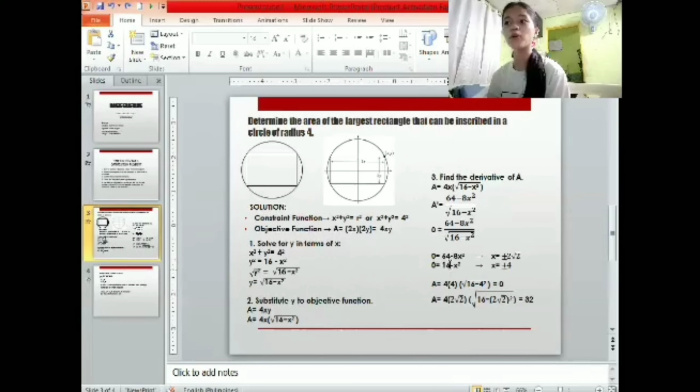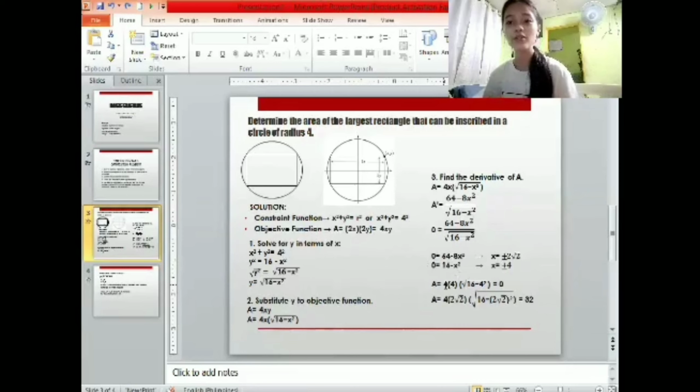So 64 minus 8x squared equals 0, giving x equals 2 square root of 2, and 16 minus x squared equals 0, giving x equals 4. So to know the exact critical number